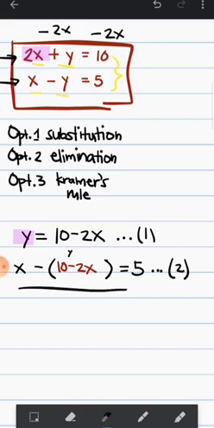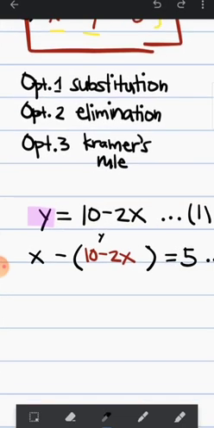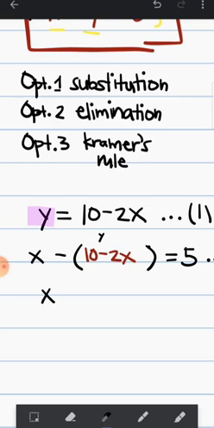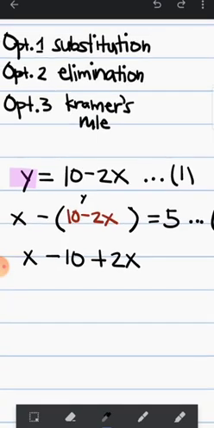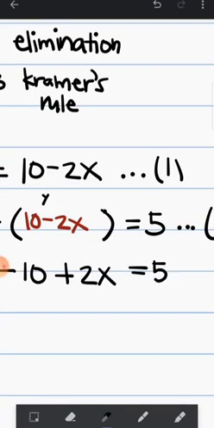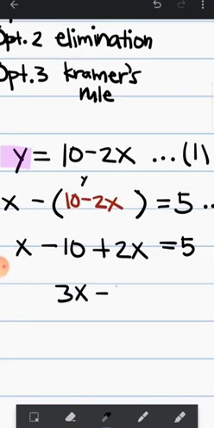So here we have this, and then solve for the variable. So as you can see, we only have one unknown variable, the x. So by solving that, simplifying, we'll then have x minus 10 plus 2x. I distribute the sign. So technically, this would be negative 1 times this value. So minus 10 plus 2x, which is equal to 5. And then combining like terms, 2x and x will give me 3x minus 10, which is equal